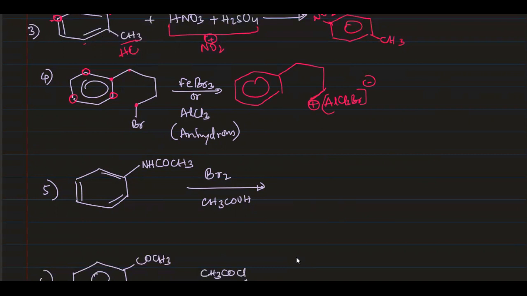Now the next thing is attack of this electrophile at this carbon, because it forms a cyclic ring, if you see. And obviously there is one hydrogen which, on abstraction by this particular anion, gives rise to this type of compound, which will be a fused compound actually. So this will be the product.